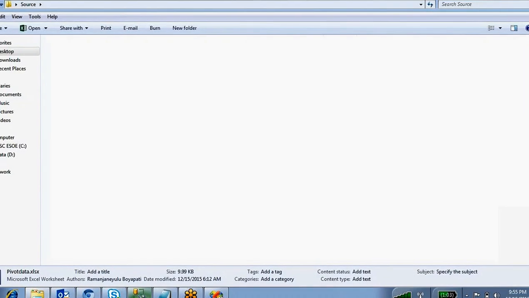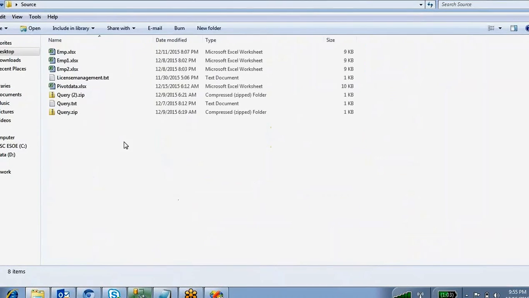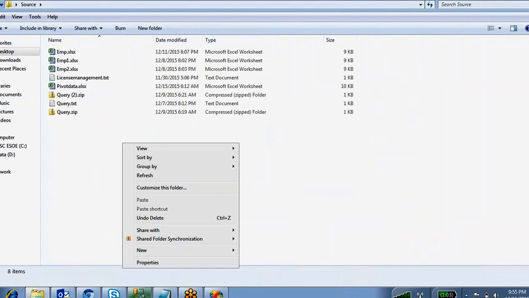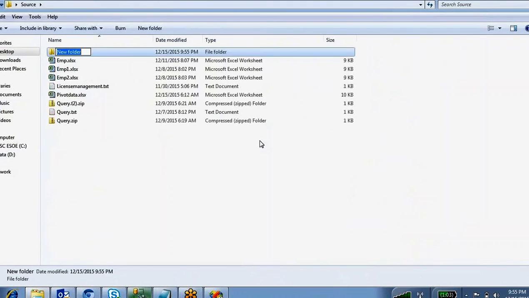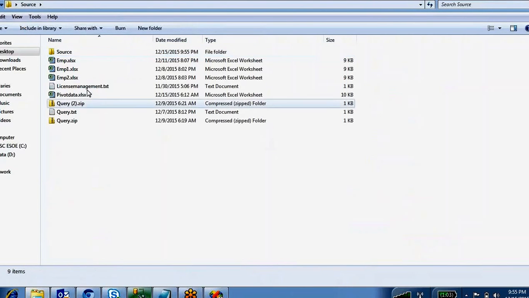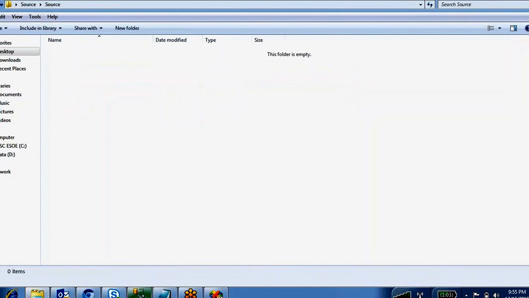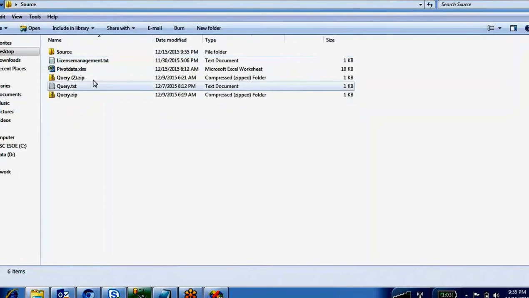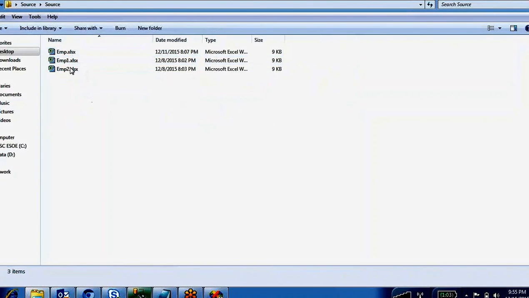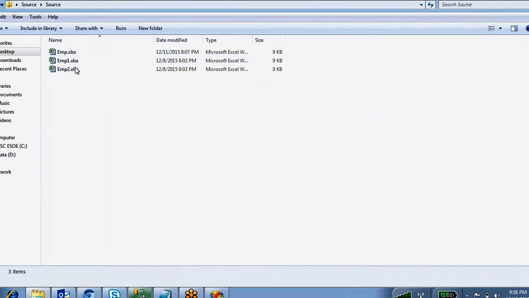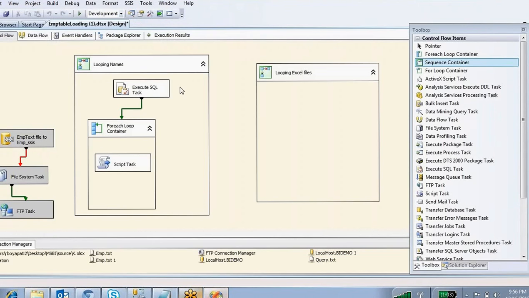Got it? Right. I want to make one more folder inside here. Right, so these three files I'm going to loop.